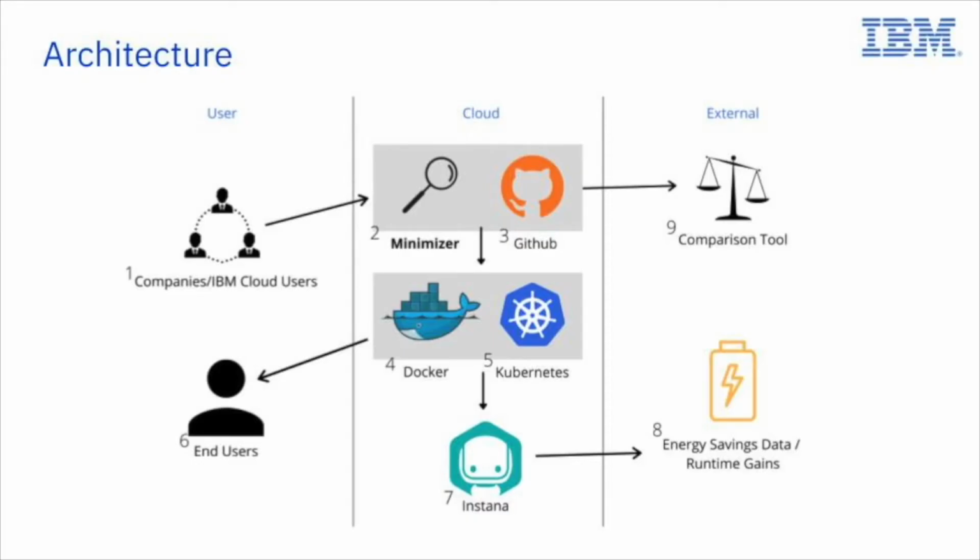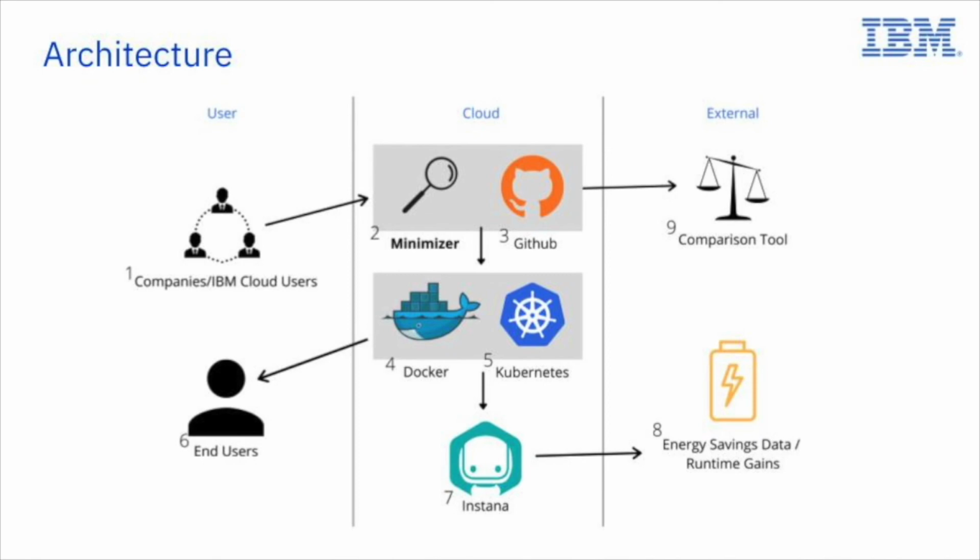The basic idea is that companies and other IBM Cloud users would push their code to GitHub, and then that's when the minimizer would be applied. So it would parse through the code files and remove unneeded space, repeated code, unnecessary class references. Then the usual process would apply with Docker and Kubernetes to containerize and orchestrate the containers. Then these programs would be available to end users, and we'd also be using Instana to collect information on runtime, latency, and energy that would then be served on a tool for the companies to see how this benefited them. We'd also have a comparison tool as a GitHub plugin so users can see the difference between the original and